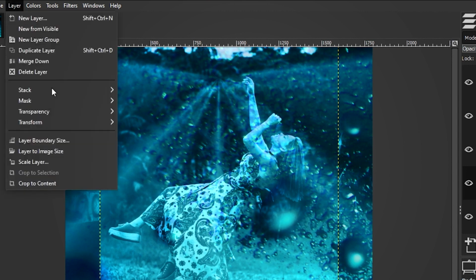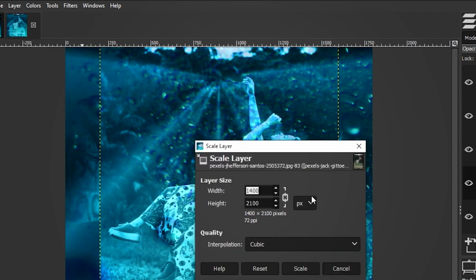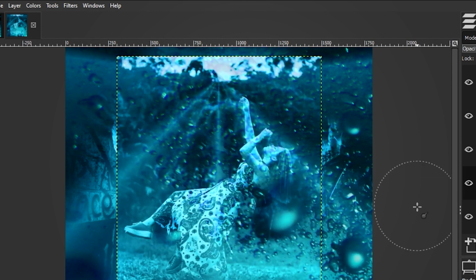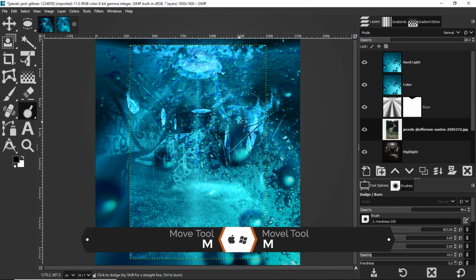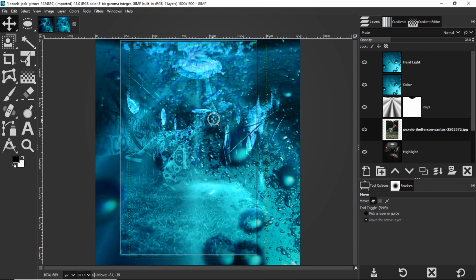I think I'm going to go a little bit lower. Let's try 1200 and click scale again. Okay, let's drop the opacity here to see her a little bit better in her environment. I'm going to grab my move tool with the letter M, and I'm just going to position her